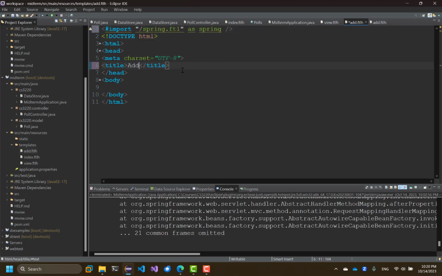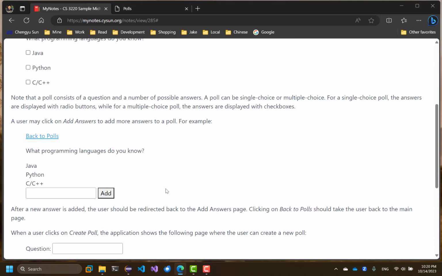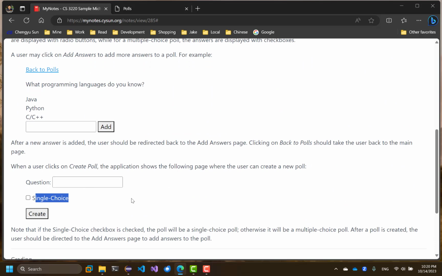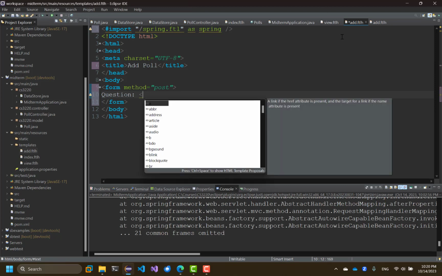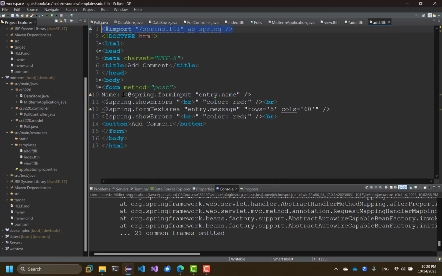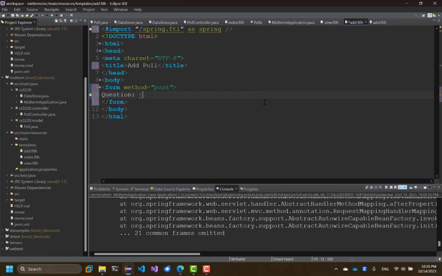This one, and what does it look like? It looks like a question and then a checkbox. So it's going to be a form. Method is going to be post, and the question is going to be something like this. Where is it? Here. So it's going to be called poll question,